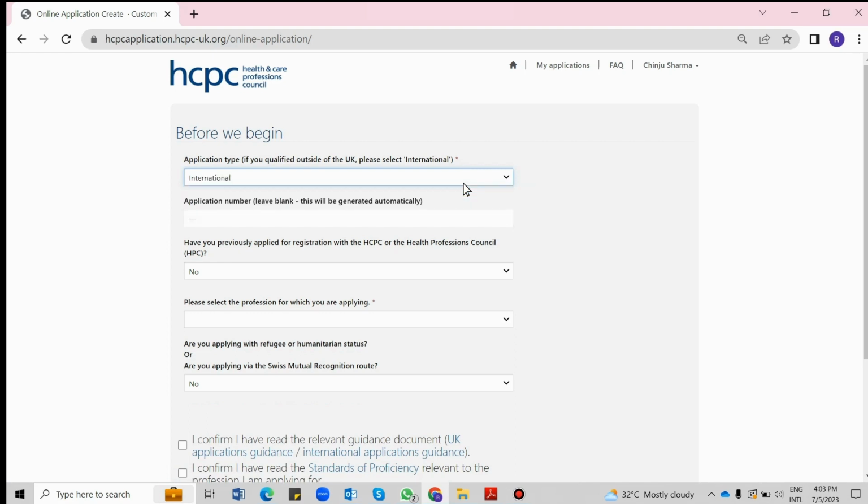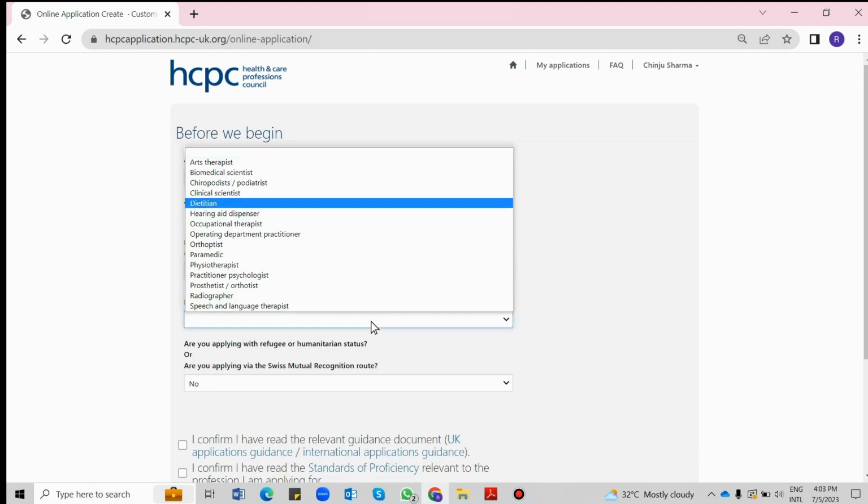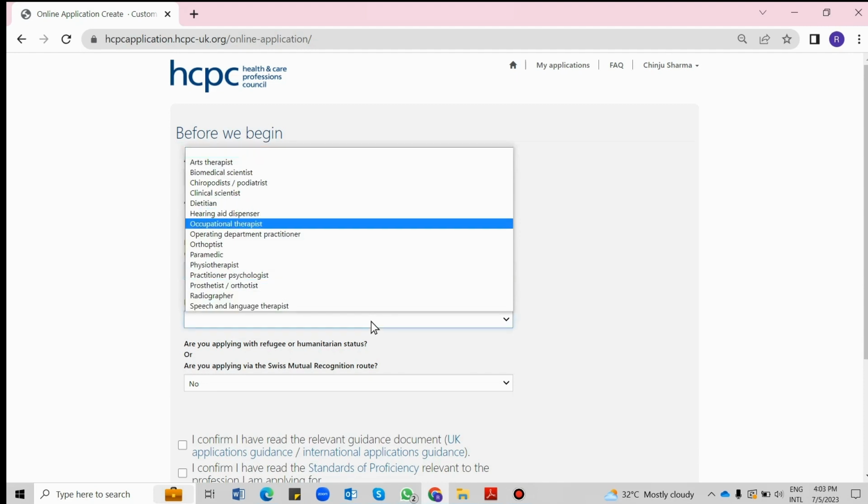After that, there is a second question which is, have you previously applied for registration with the HCPC or the Health Professions Council? Obviously I'm not registered previously, so I will choose no. Next, they'll ask, please select the profession for which you are applying. In that I am filling for occupational therapist, so I am choosing occupational therapist.